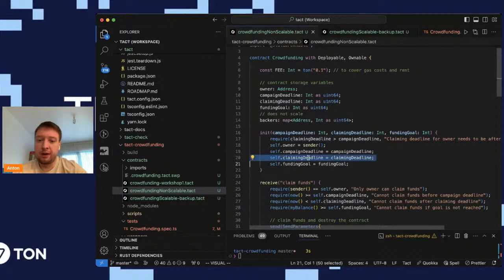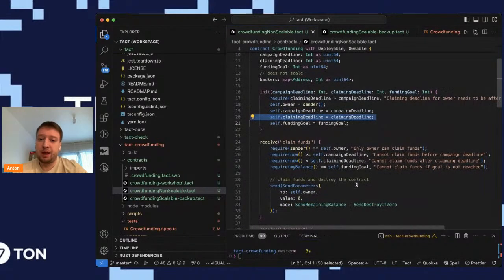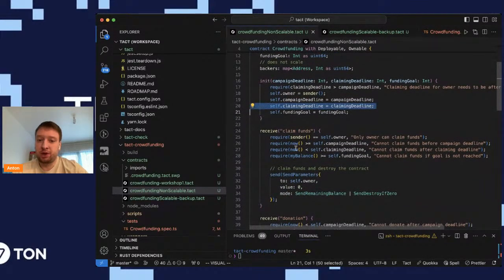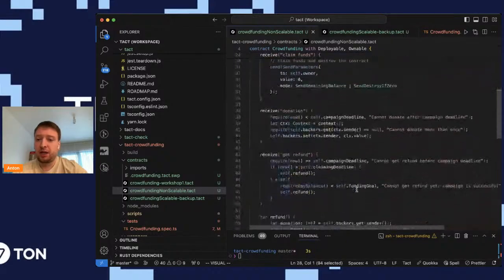So I'm adding a new deadline. I'm also checking that this is when the owner can actually claim the funds, that it is before the second deadline, right? The claiming deadline, so to speak. And then